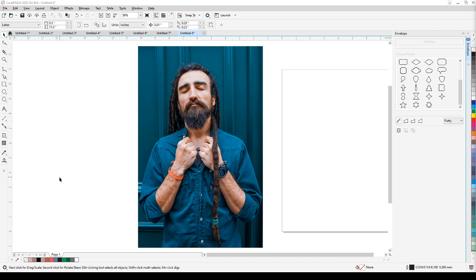For this live streaming, I'm going to talk about the masking effect in CorelDRAW. Masking is like power clip. So for example, I want to mask